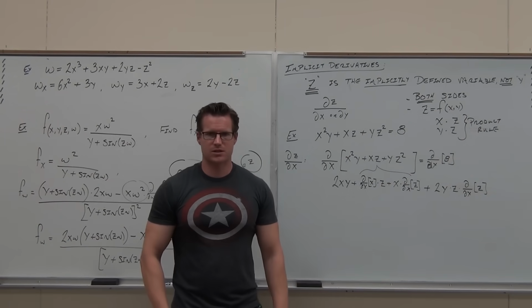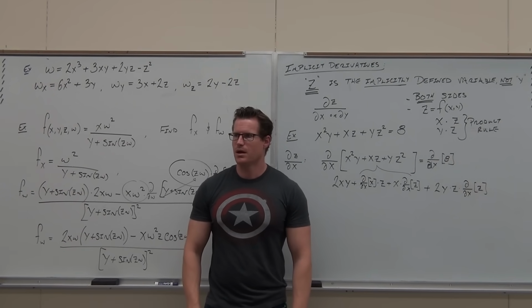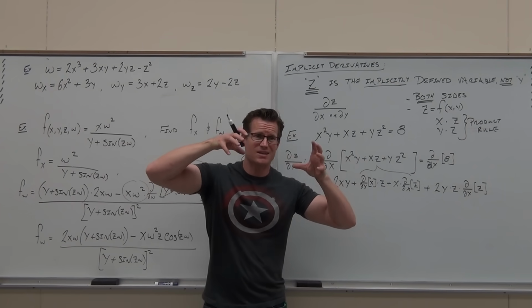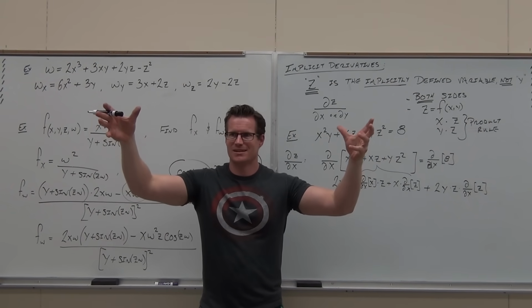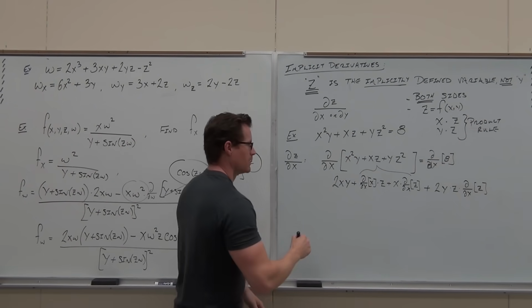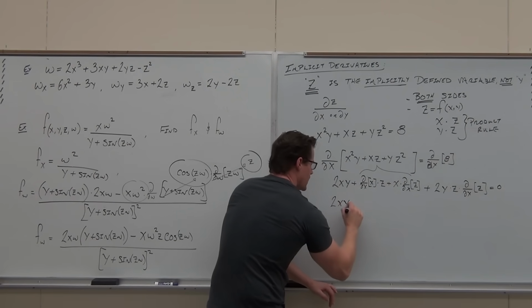Honestly, if you're struggling on implicit, watch 2-7. It will clear everything up. And then this becomes pretty easy. You just have to switch your head to what we do with y's, we now do with z's. Are you clear on what I'm talking about? Okay. Equals 0. This one's done: 2xy plus